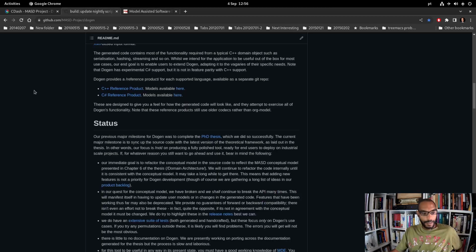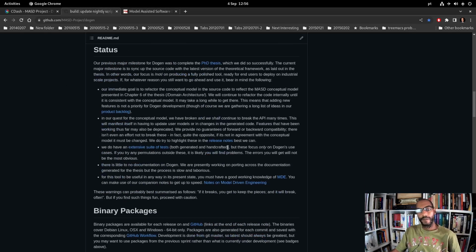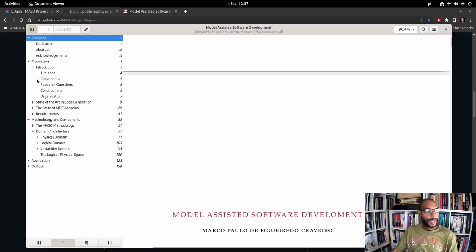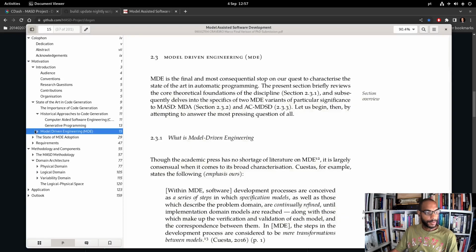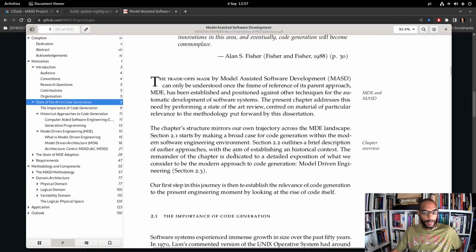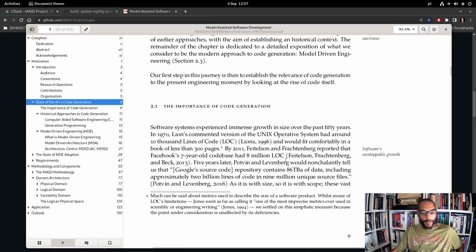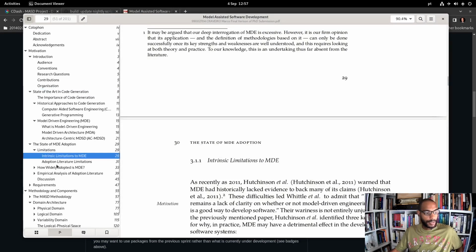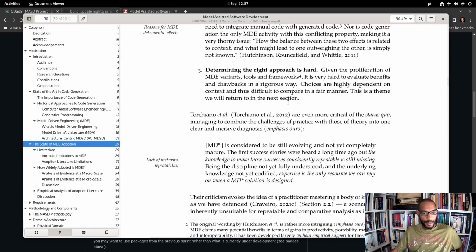If you're curious, you can get a link to the thesis itself from the README. I haven't started the process of taking bits of the thesis and putting that into the manual. I'm not entirely sure exactly how that's going to work, but that's going to be something for the next sprint, I think, because of course the thesis is designed to be a technical argument, and we spent a lot of time reflecting on a lot of the technical issues, and it's perhaps not very useful if you're just a user of Dogen to go through all these arguments about